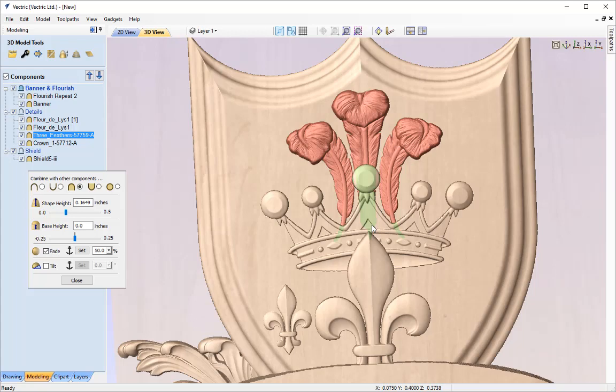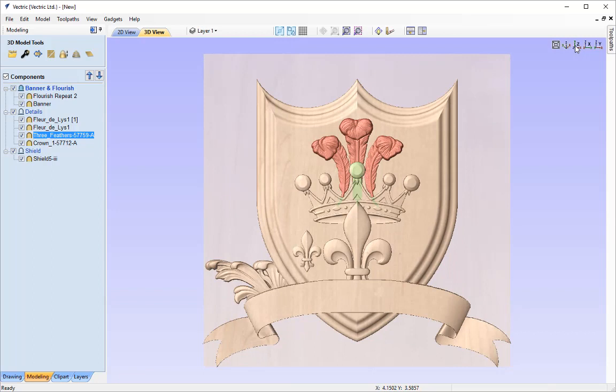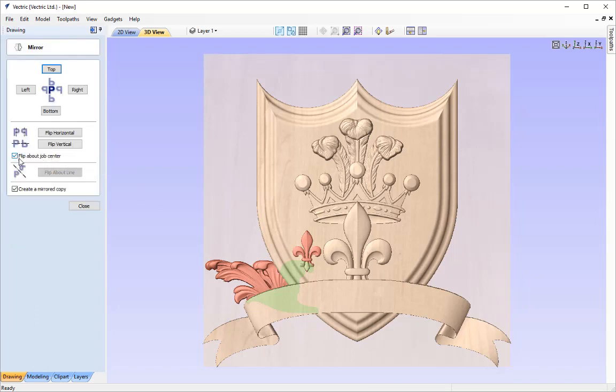So the only thing left to do really is copy over our components to the right hand side. So I'm just going to click close and put the view back in Z there, and then go over to the drawing tab, and double click on my Flourish there. Whilst I hold shift down, I'm going to click the other component which I wish to mirror, and with them selected I'm going to go to the transform objects and mirror selected objects tool. I'm going to make sure that the flip about job center is enabled,